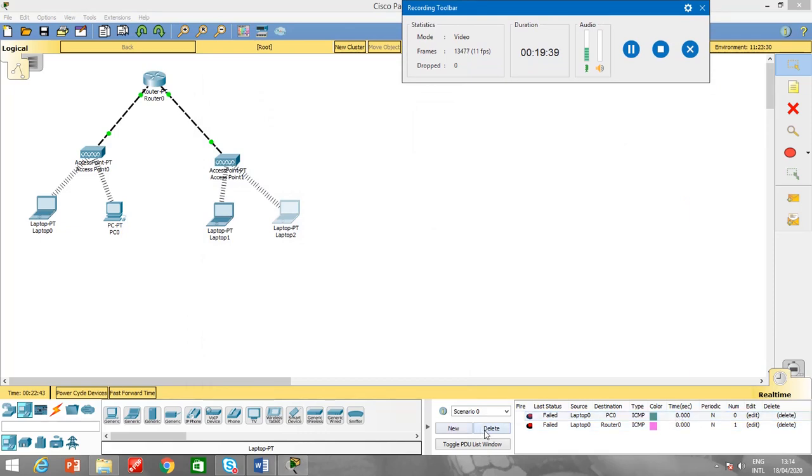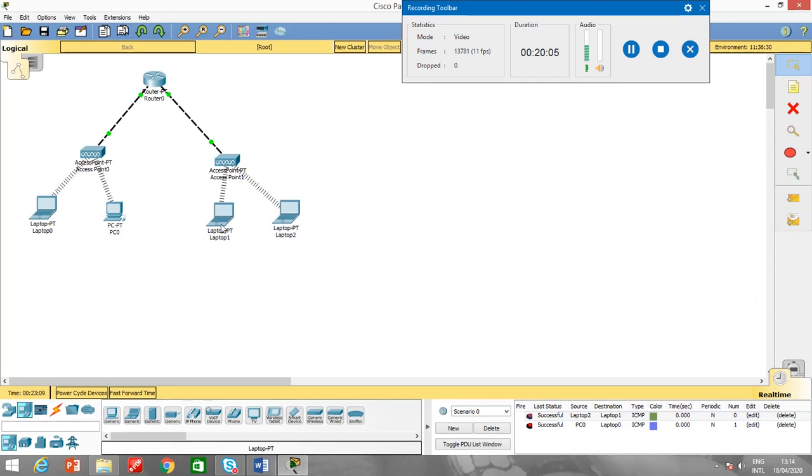Alright, let me just delete it. Let me first of all try to ping these systems successful in the same area from laptop 2 to laptop 1. You can use the ping command also. I will use the ping command also. Then from this PC to this PC, it's also successful. You can see here in the bottom.